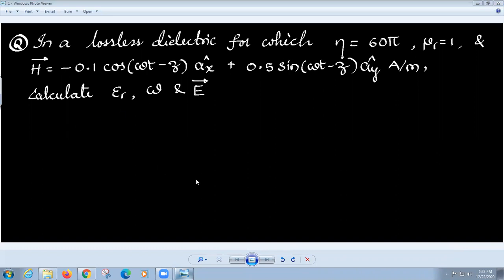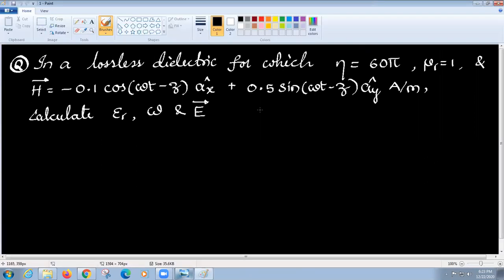So, good morning. Here we have a simple question. In a lossless dielectric medium for which eta equal to 60 pi, where eta is the intrinsic impedance of the